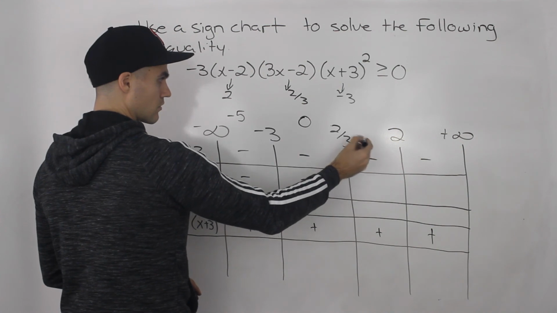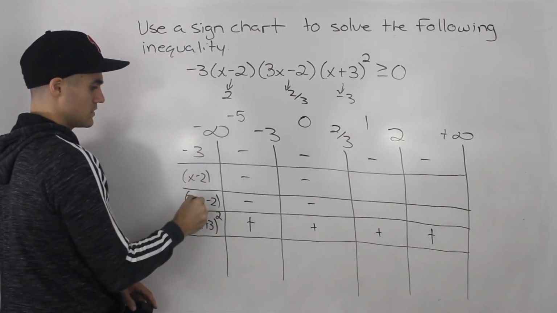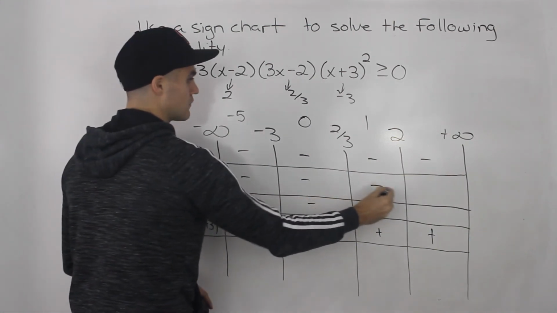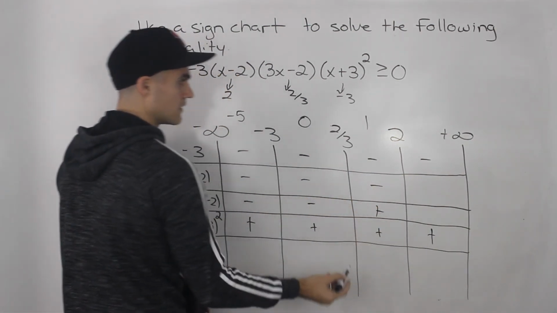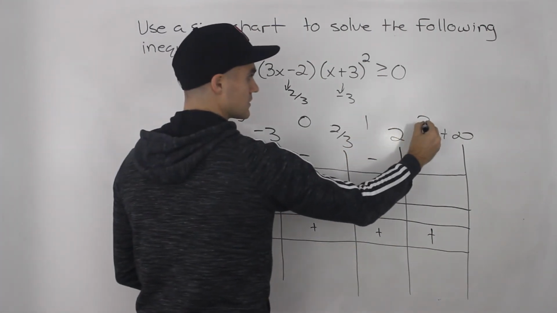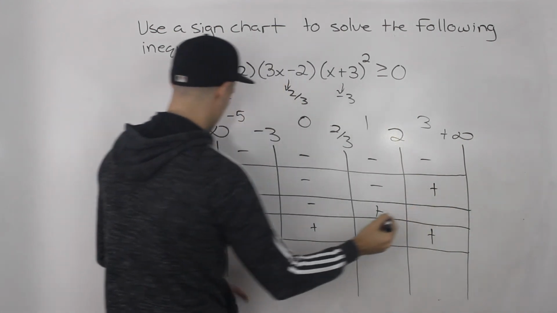For between 2 over 3 and 2, maybe 1 we can plug in for these. So 1 minus 2 is negative. 3 times 1 minus 2 gives us a positive. And then between 2 and infinity, so let's say like positive 3. Plugging in 3 here, positive,